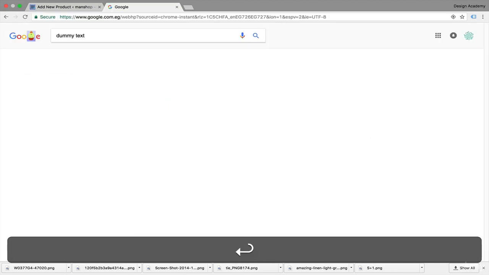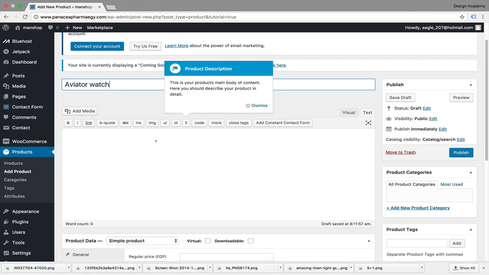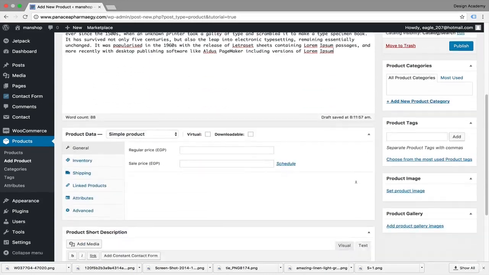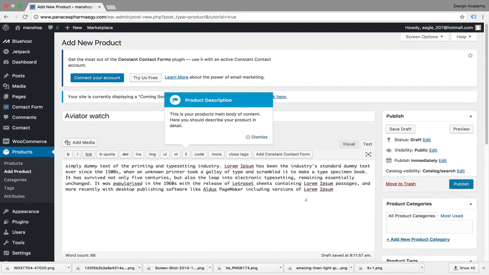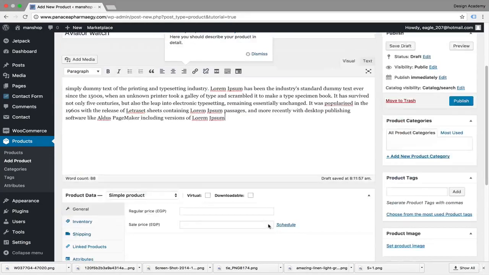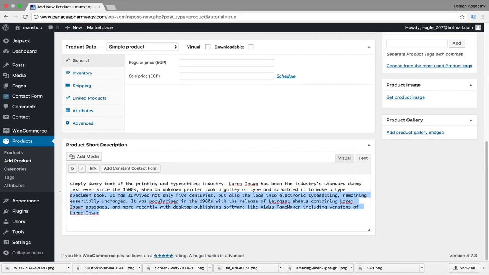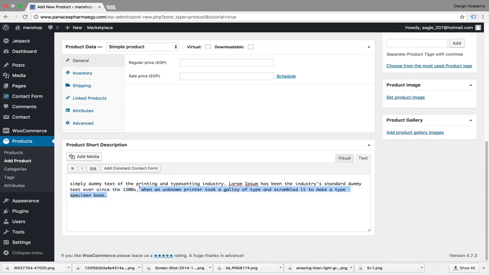We're gonna look for text, type dummy text on Google, just to make it look nice while we are making our product, just for visuals and see the difference between them and how they appear. Here we're gonna paste our big description, and here is our shorter one, but let's make sure it's on the visual tab. Paste your text and go down there and put your short description. Okay,